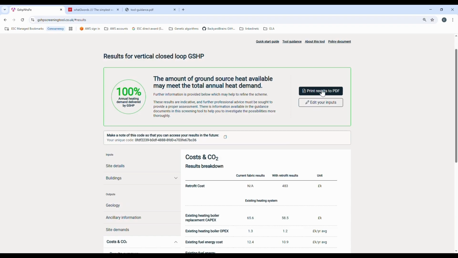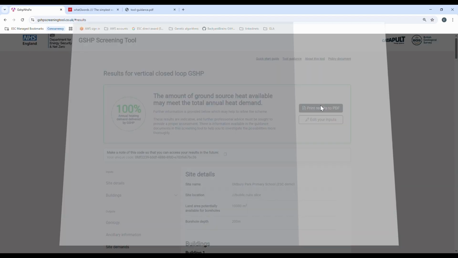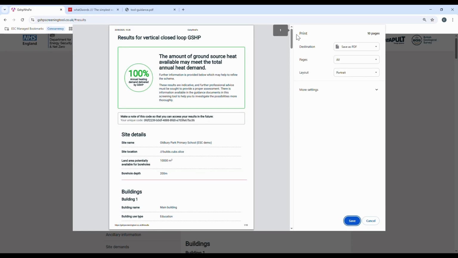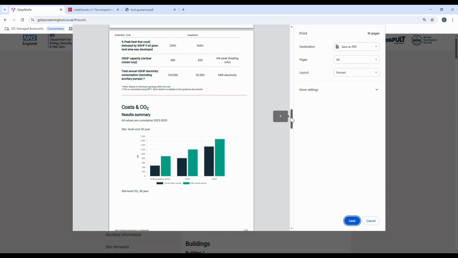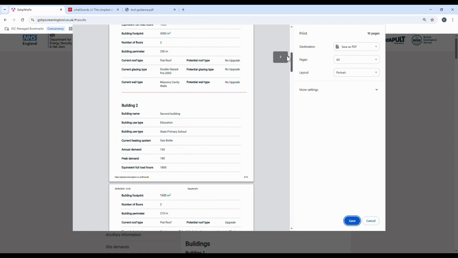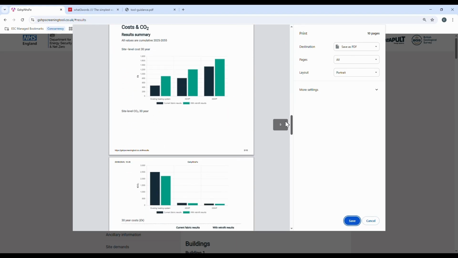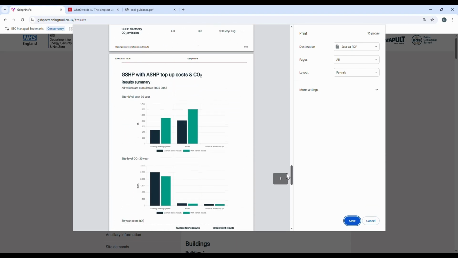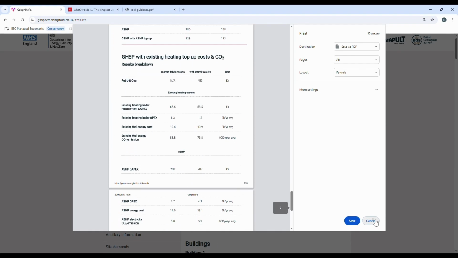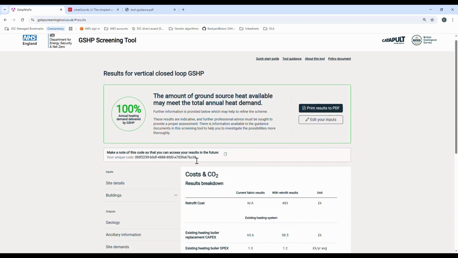We have the option here to print results to PDF. So this is an easy way to save your results for future reference. And everything that I've shown in the results page gets printed out here. And finally, what I would like to show you is the functionality to return to your inputs easily in the future. So by copying this unique code,